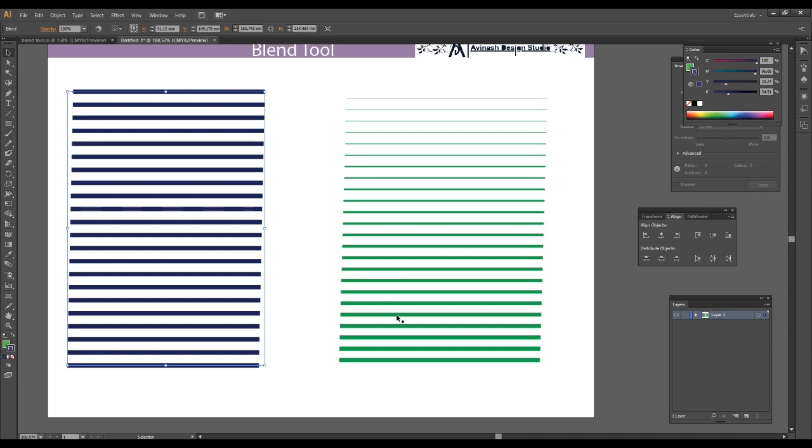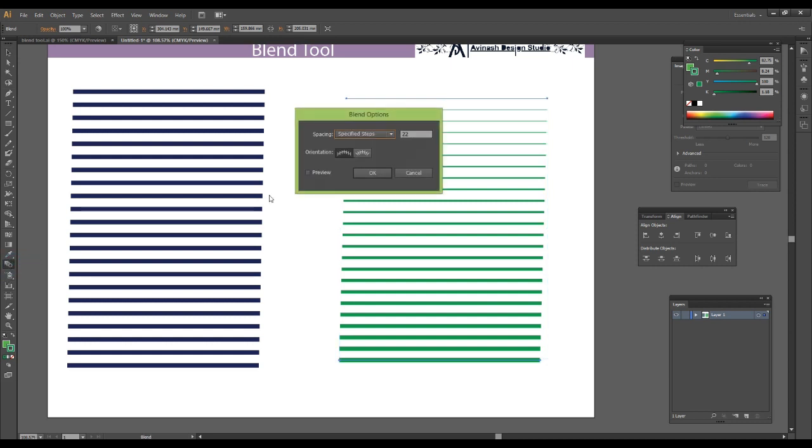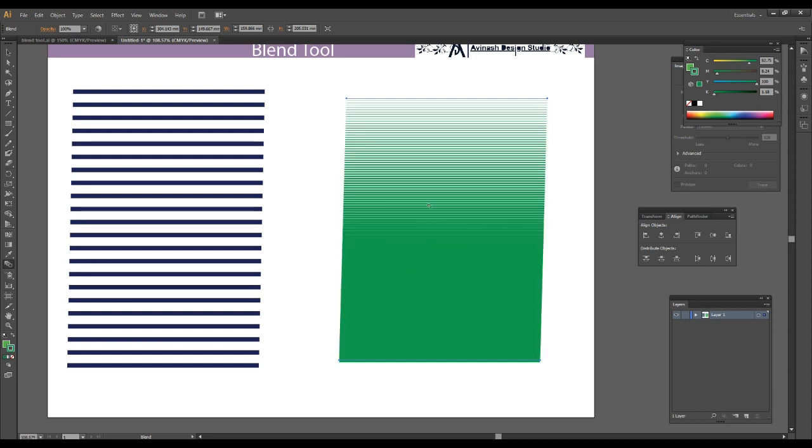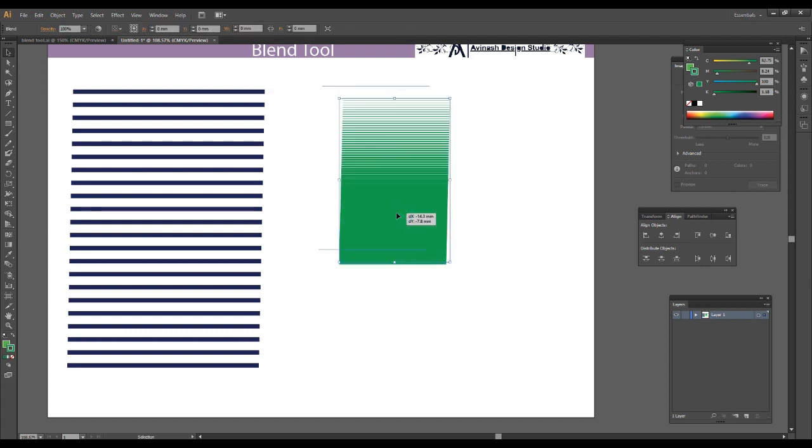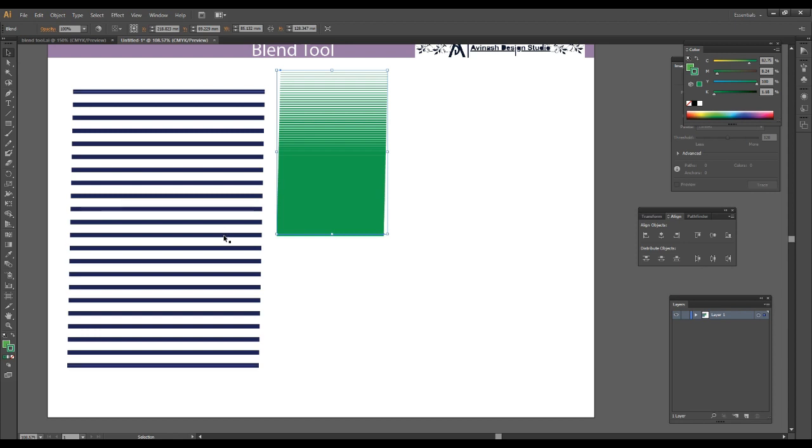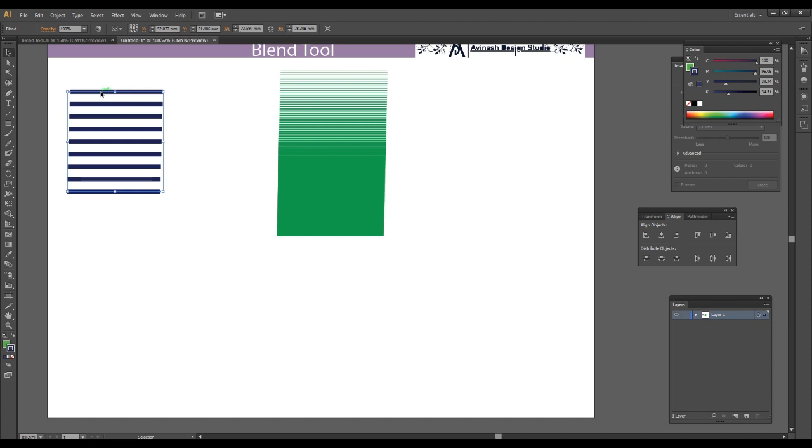We can also change this stripe. We will select these stripes and go to the blend option, click on Specified Steps or Smooth Color, then press OK. It will look like this. This is another way of making the stripe, thinner to thicker, or it also blends the 2 colors. So this is one way of making the stripe. We'll minimize it and slide it aside so that we can use the space for other experiments.